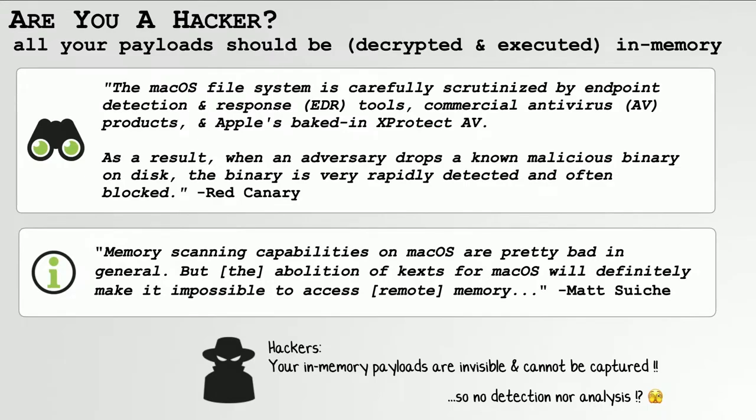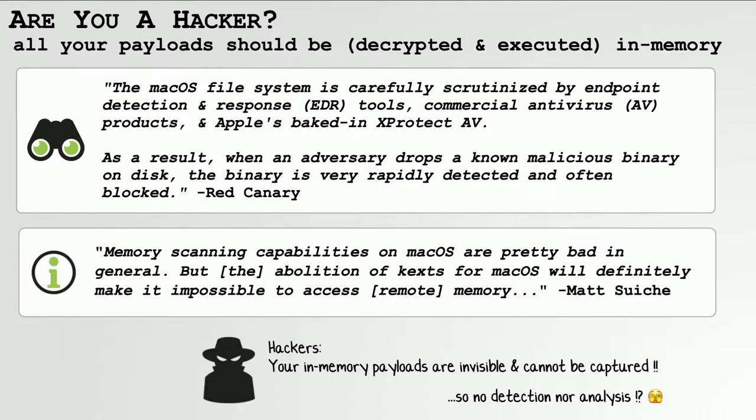The first is that the vast majority, essentially all, of detections are based on files that touch the file system. And so when an adversary drops a binary, all sorts of security tools are going to scan it. That includes Apple's Gatekeeper. It's going to do notarization checks, MRT, XProtect, any third-party antivirus product. And we also have this great